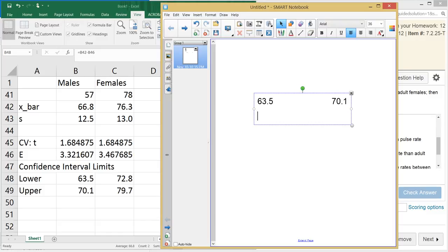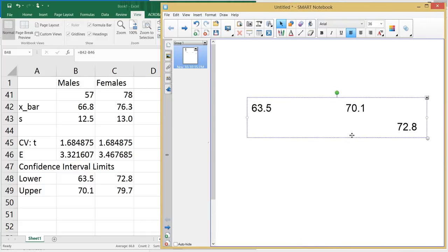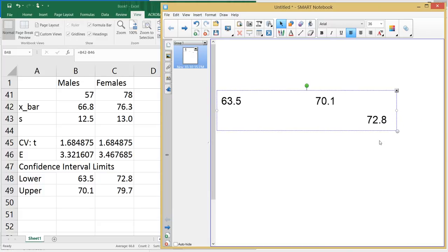And then 72.8, that's going to be somewhere above that last one, right? 72.8, and then up to 79.7. So what I'm trying to show is that on an actual number line,